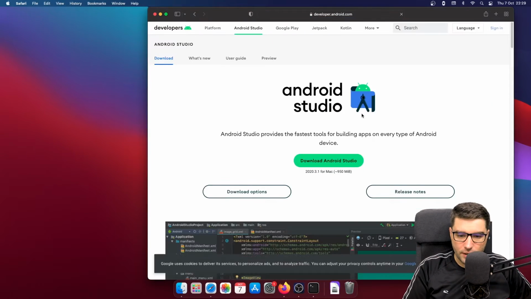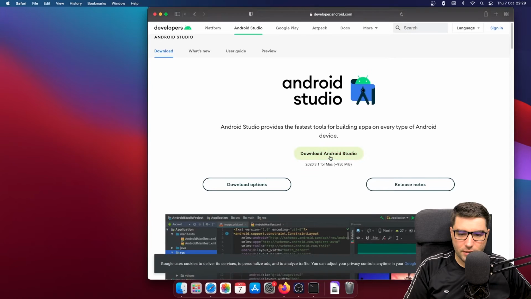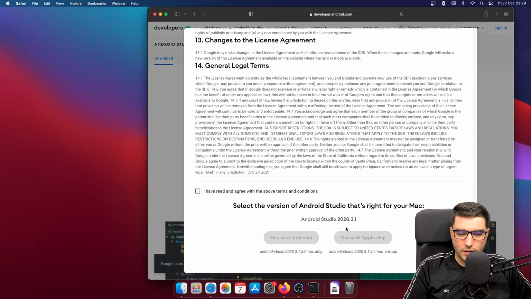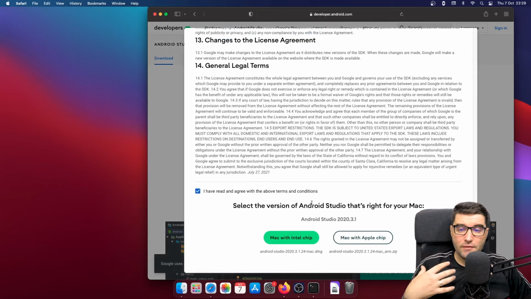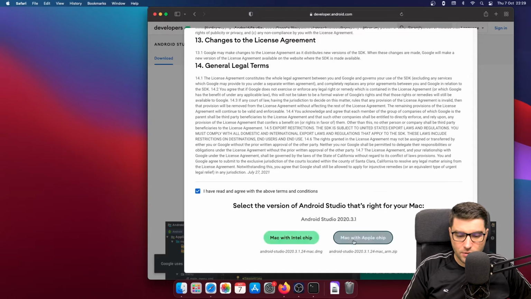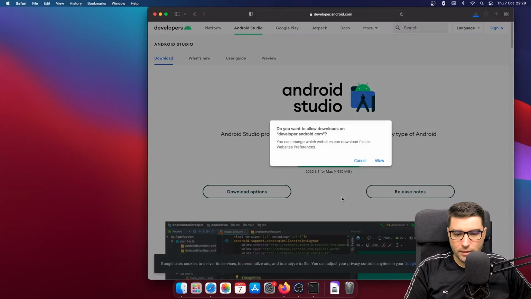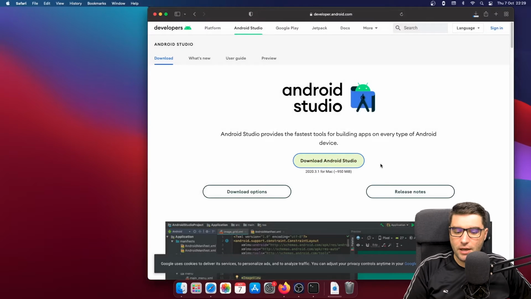This will take you to the official webpage, download, and read the license agreement. Now, I have a new Mac with an Apple chip, so I'm going to choose this option. But if you have an older Mac with an Intel chip, you should be using this option. So I will choose Mac with Apple chip, allow for the download.